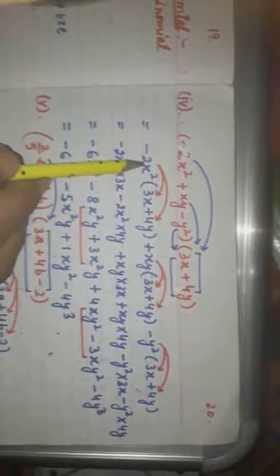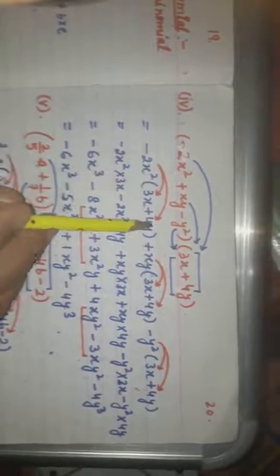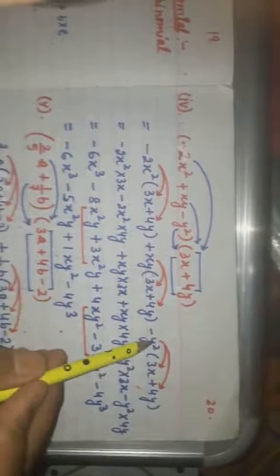After this we have to multiply these as we have done in exercise number 3, worksheet number 3. We have to multiply the first term and then the second term, again the first term and then the second term. Again minus by square we have to multiply with the first term and then with the second term. So we will get the answer: minus 6x raised to power 3 minus 8x square by plus 3x square by plus 4x by square minus 3x by square minus 4 by raised to power 3.